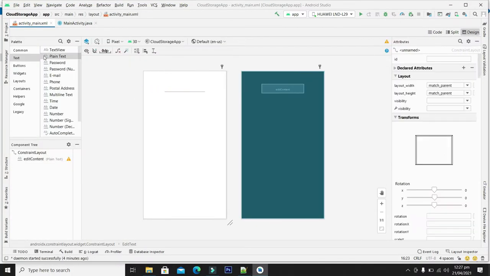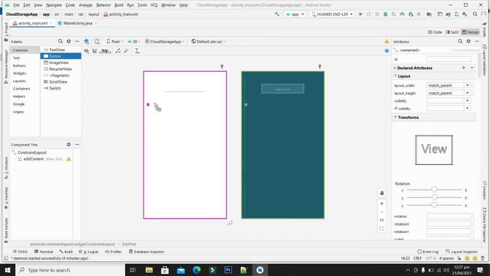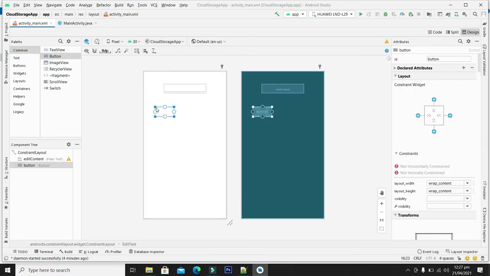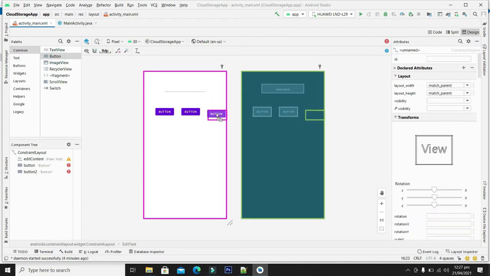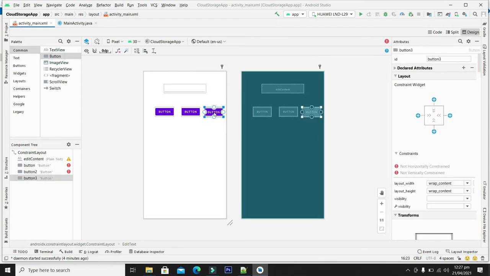So guys, now let's drag 3 buttons. Give them appropriate constraints.